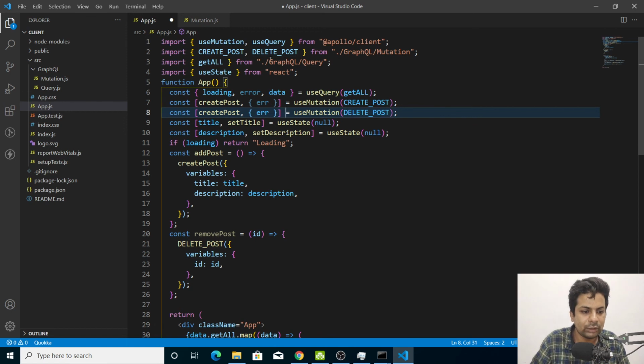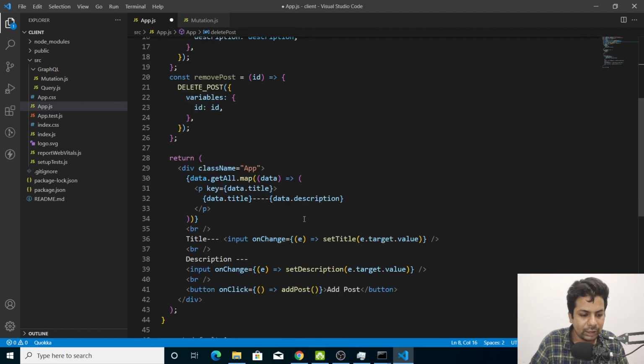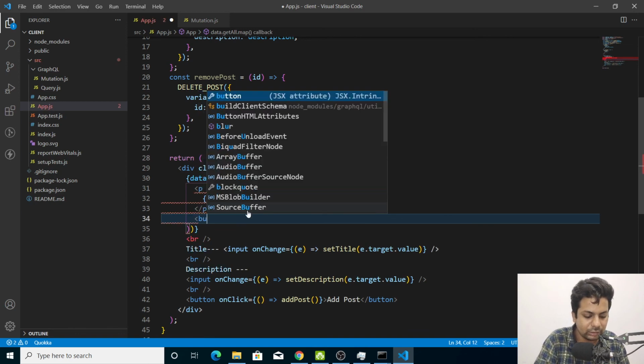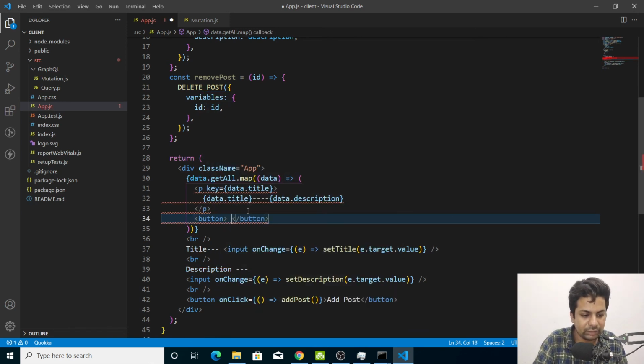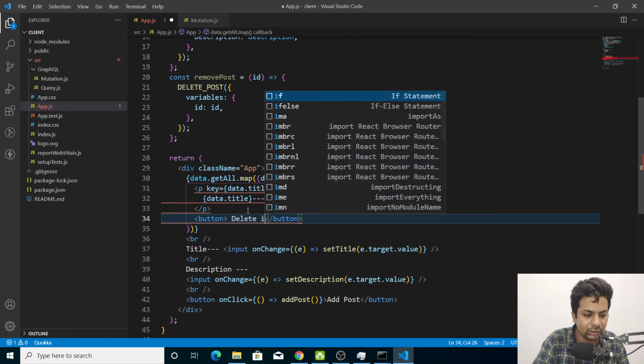See, it automatically got included, and here also we'll say deletePost. Okay, and here we'll add a button on every mapping. Now after the mapping is done, we just want to add a button. On every button we'll say delete it.